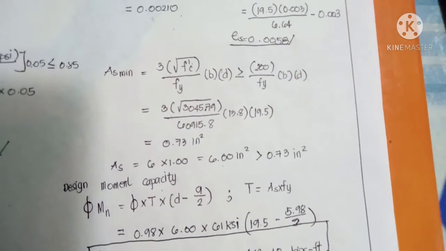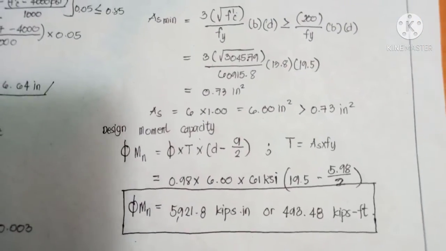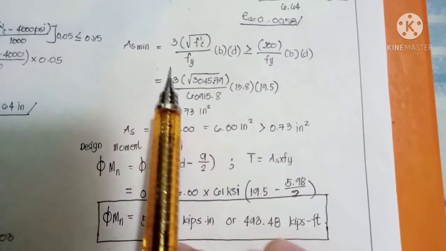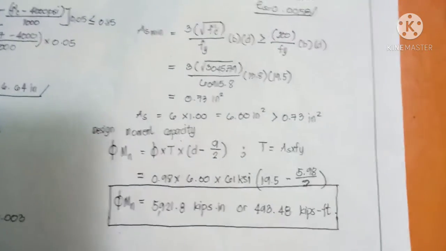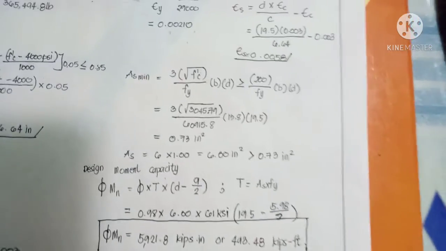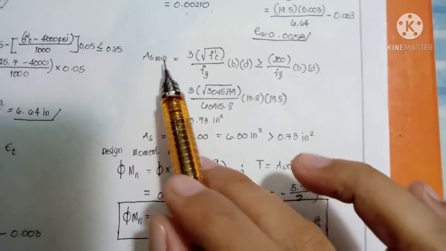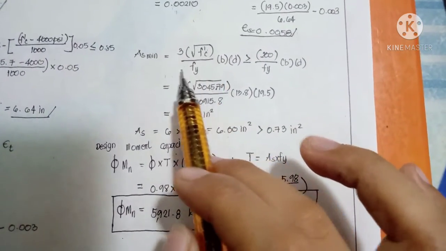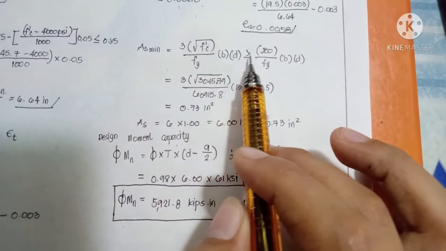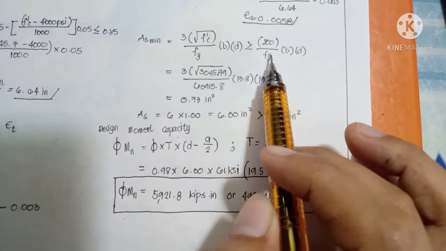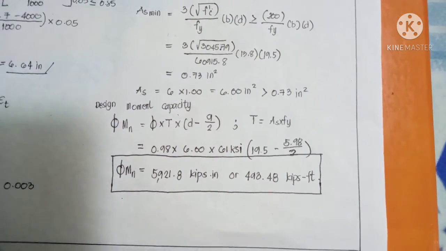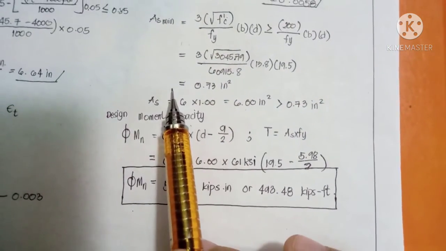As per ACI section 10.5.1, we can obtain the minimum steel requirement by using this formula: As,min equals 3 multiplied by the square root of f'c divided by Fy times b times d, greater than or equal to 200 divided by Fy times b times d. So substituting the values,